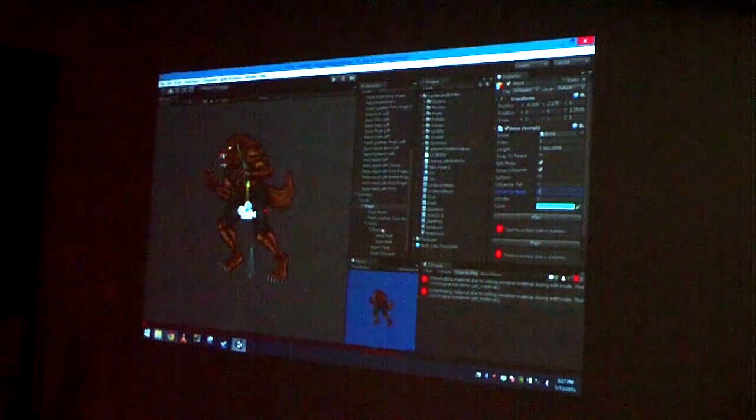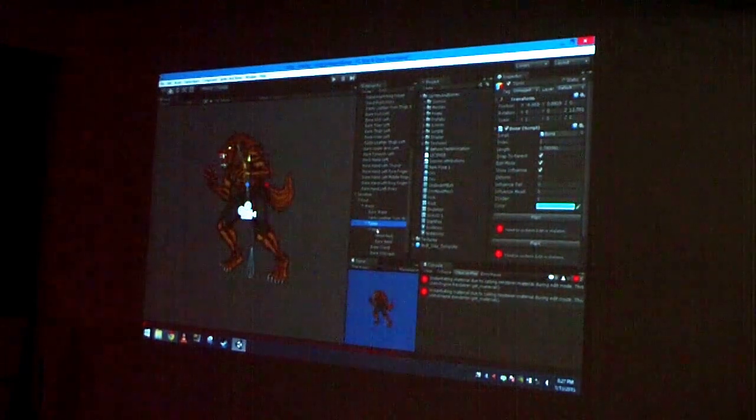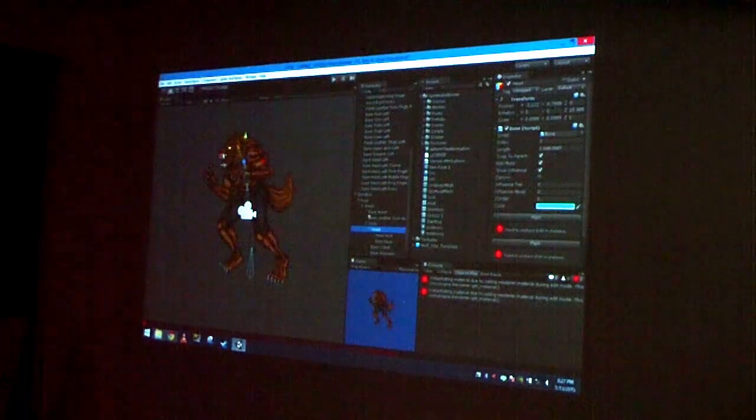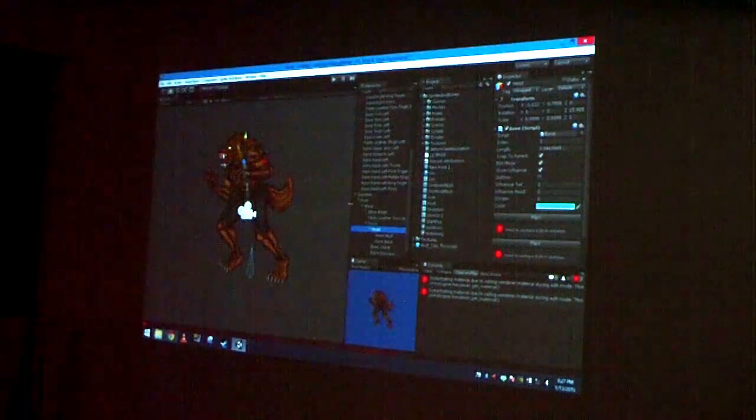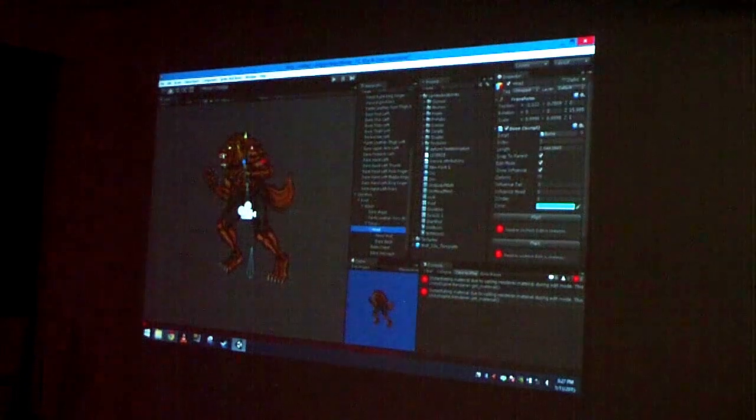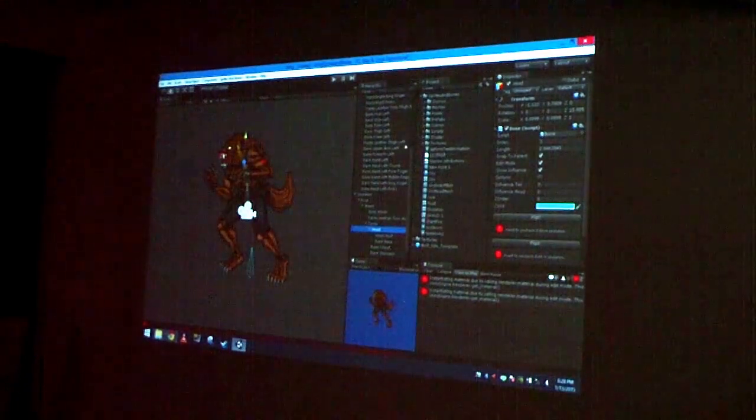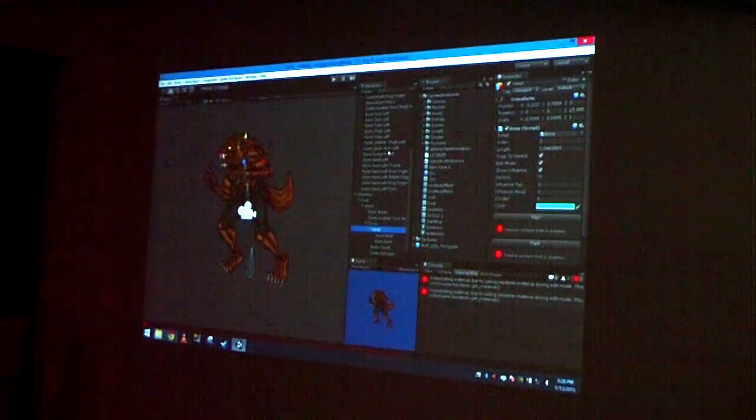Let's go back. I'm going to move all these back to 0. Okay, so my main bones are back to 0. Alright, so now that I have some sprites attached to the bones, I can do some things called